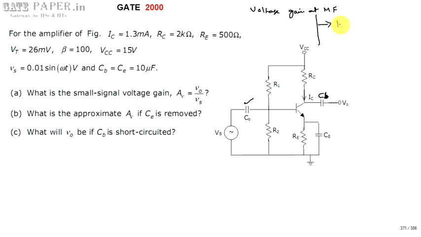In that, the first assumption is that any DC voltages or DC currents should be neglected, because we are going for the small signal analysis, that is AC analysis. AC analysis is nothing but applying variations at the input side. Small signal is nothing but small variations at input. Because of these variations, how the output varies, that we are going to examine. DC current and DC voltage don't vary even if you apply input voltage. So the variations in DC voltage and DC currents are zero, so you must neglect them because there are no variations.